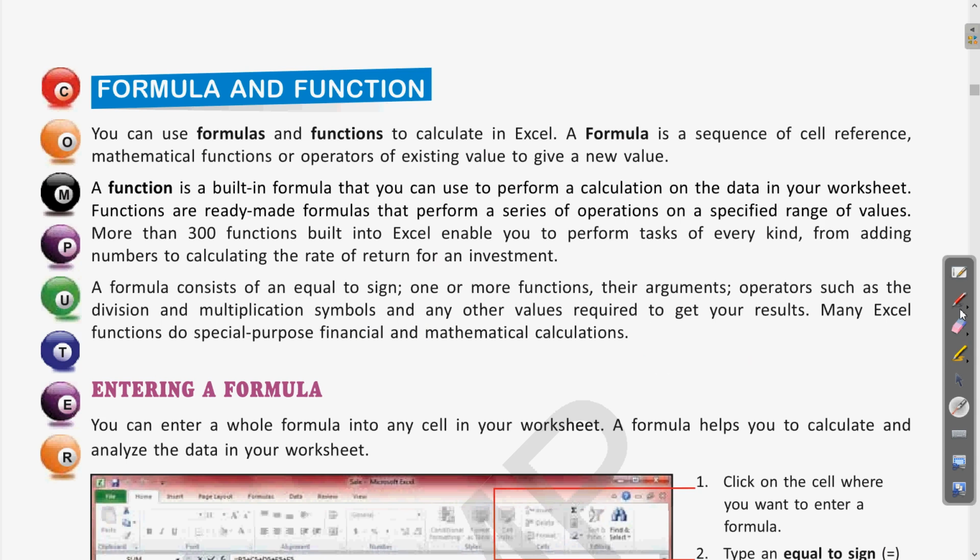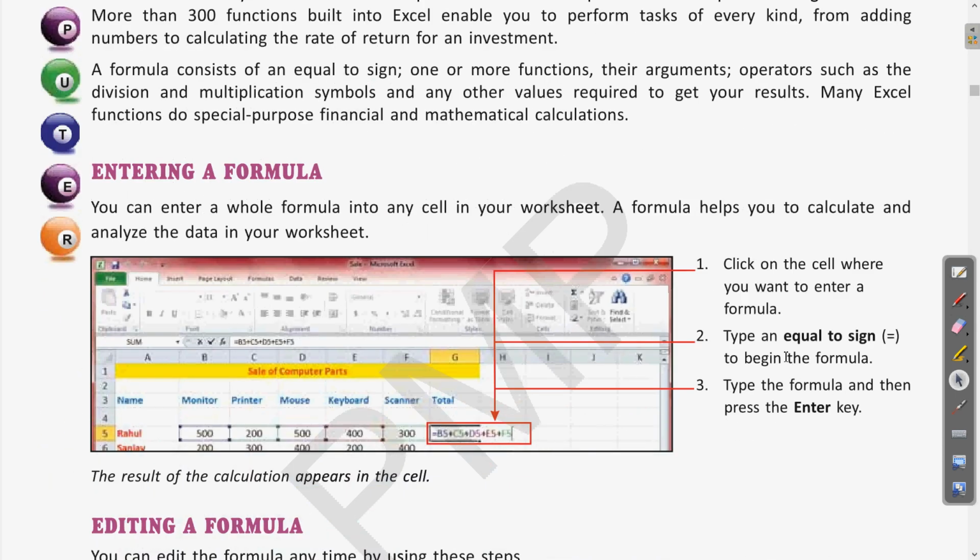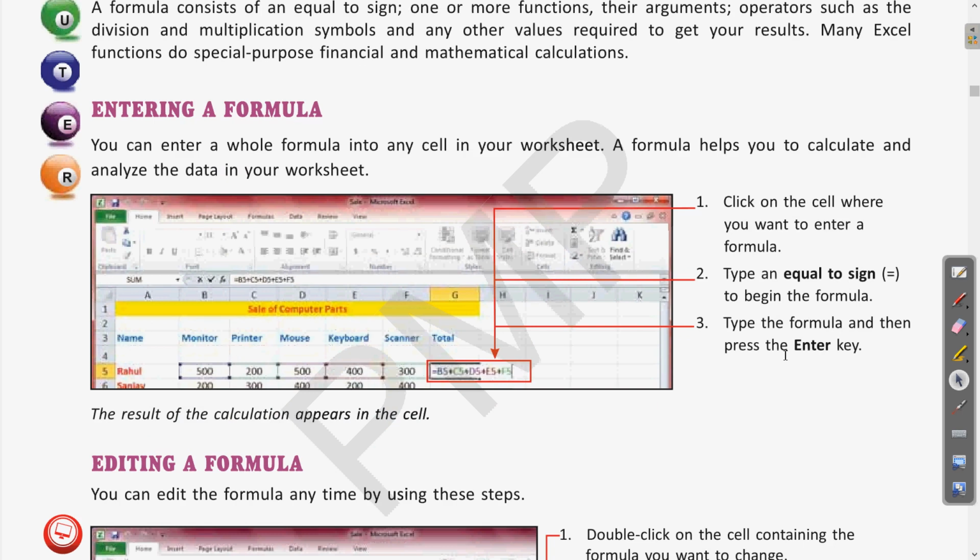Clear? So when we see how to write the formula, the formulas will be written with an equal to sign and some functions, then some other operators. Like if I write equal to sum, then in the brackets there will be some other arguments. So these will be the structures of the formula. We are going to see soon how it will look. So this way these formulas and functions are going to be very beneficial for doing various mathematical calculations.